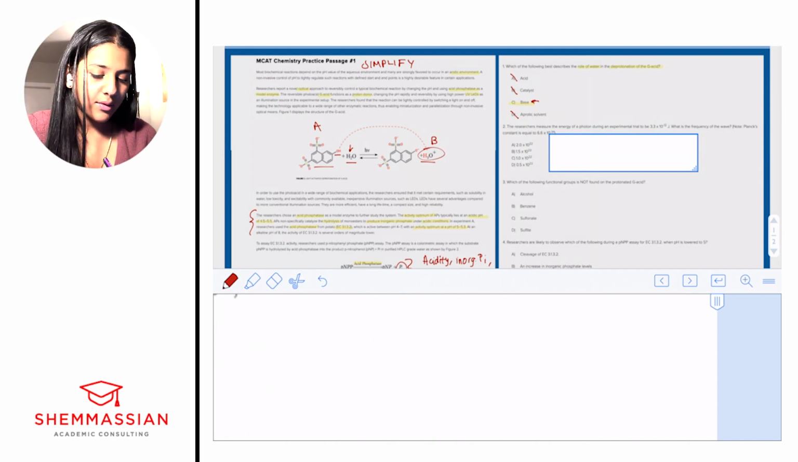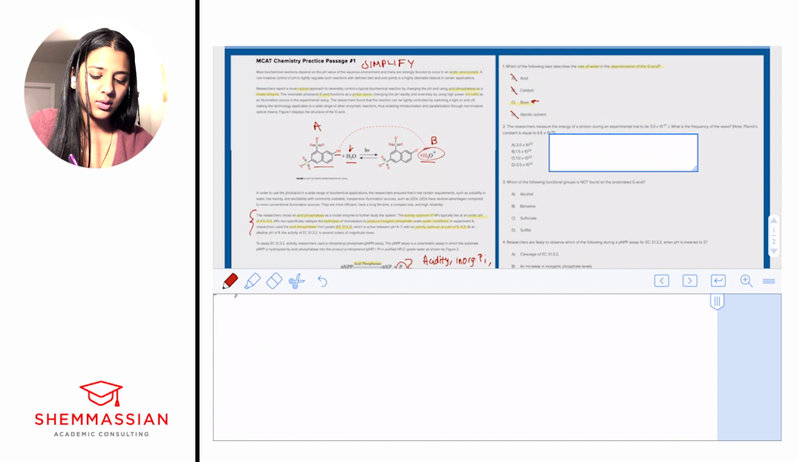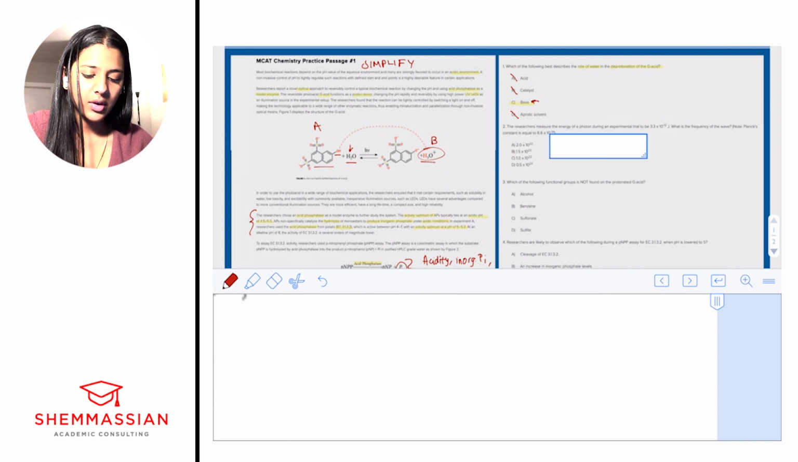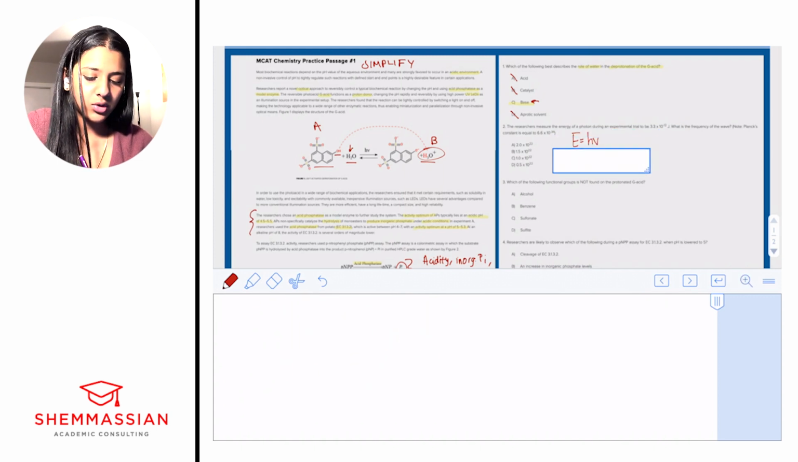So we have 3.3 times 10 to the negative 12 joules as the energy. We have Planck's constant, which is equal to 6.6 times 10 to the negative 34th. And we know that Planck's constant has the units of joules times seconds. Okay, and that's times frequency, which we're solving for. So frequency is going to be equal to